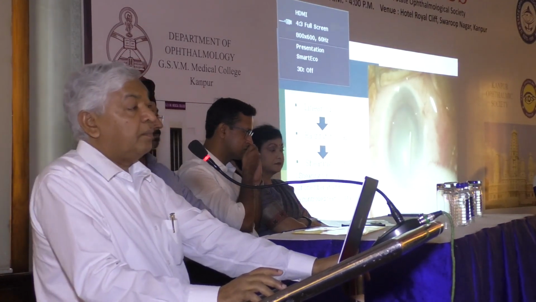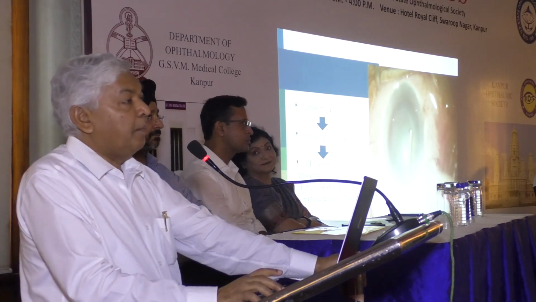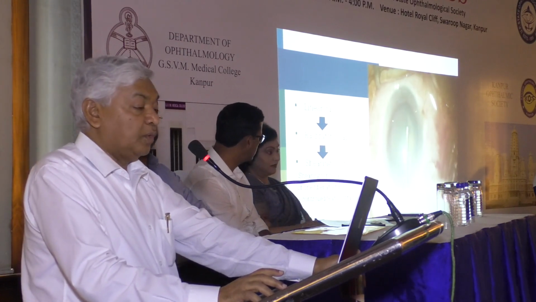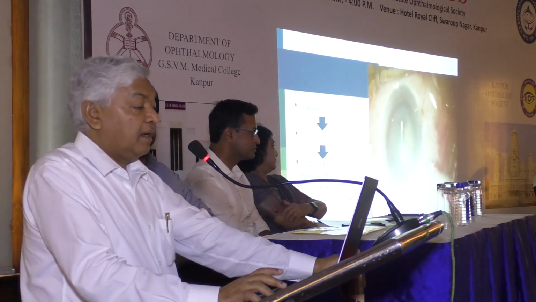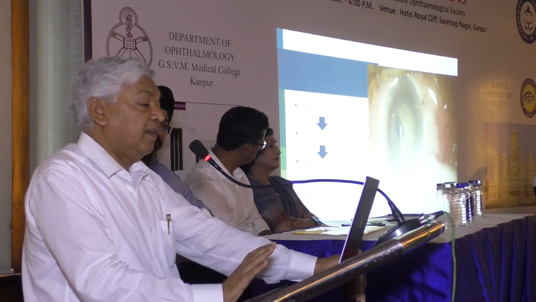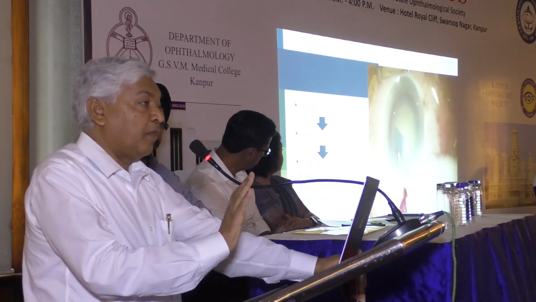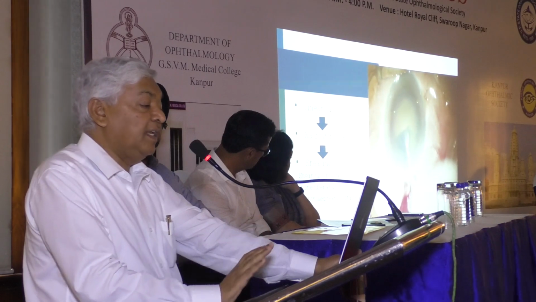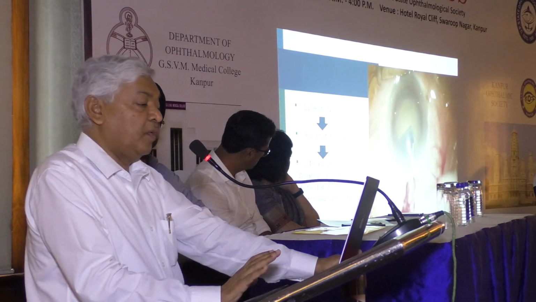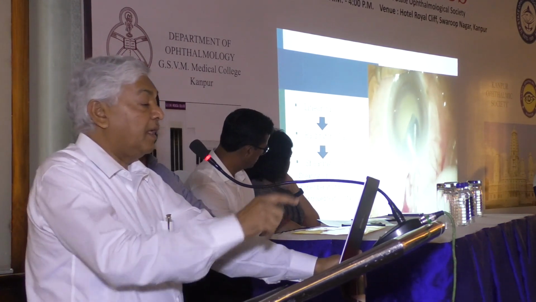For a beginner, it's better to stain the capsule with trypan blue, and then slightly make a nick just peripheral to the center of the capsule, and make a flap. It is important that the flap should always be flat. It should not be floating in the chamber. You have to flatten it and make the steering movement. With good control, you can perform the rhexis at the appropriate size, 5.25 to 5.5 mm, and gradually you have to make a mirror image of this